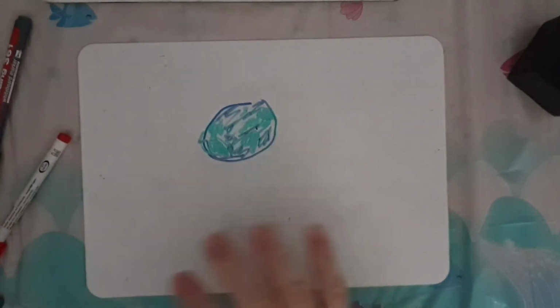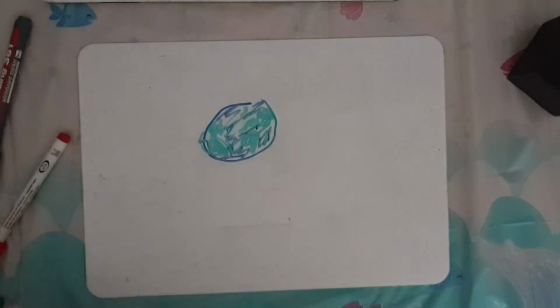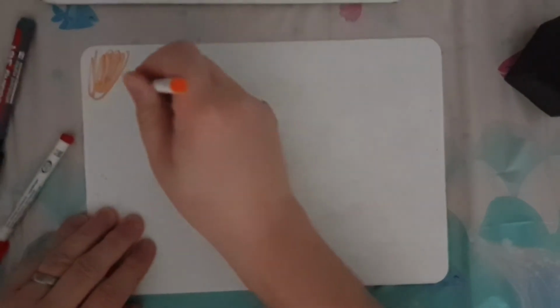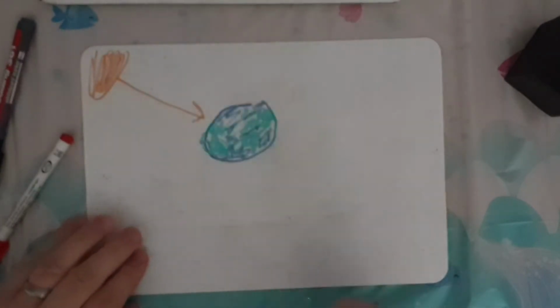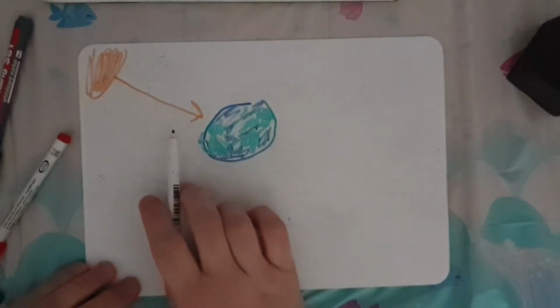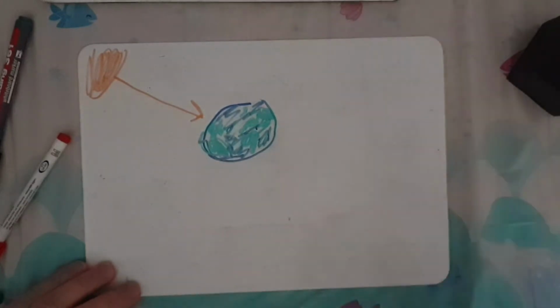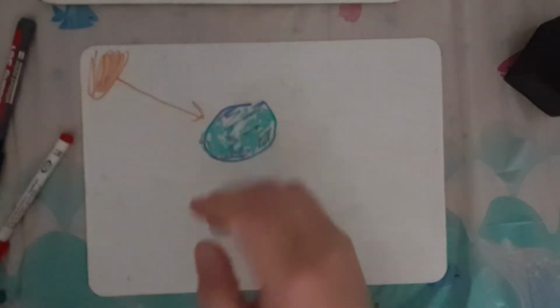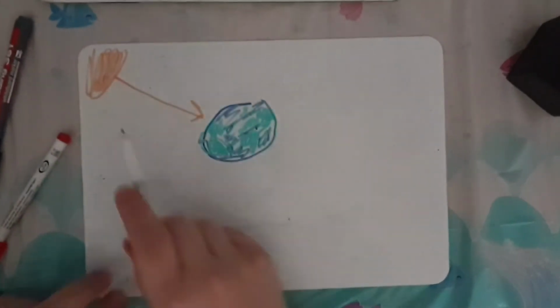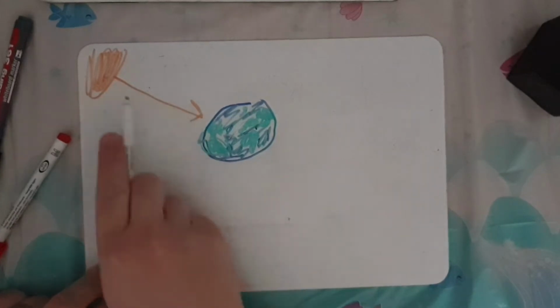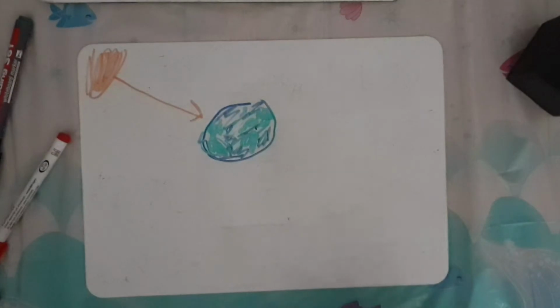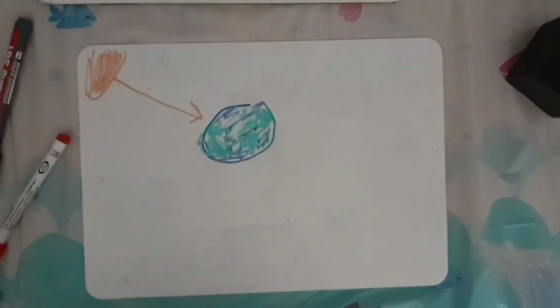But that doesn't happen because thankfully we've got the sun. It's got the sun, obviously not to scale. And so the sun is shooting a load of electromagnetic radiation with a load of energy at the Earth. That warms the Earth up. But if that was all that was happening, then we'd be getting more and more heat, and the Earth would be getting hotter and hotter, and the oceans would boil, and then the continents would melt, and we'd just be like a big fiery ball of magma,